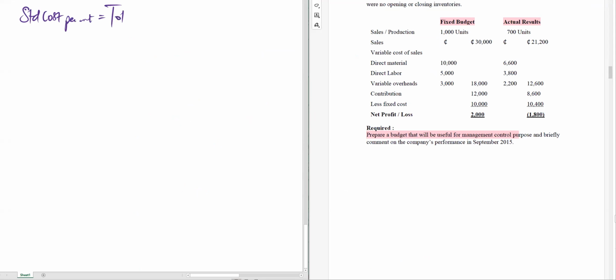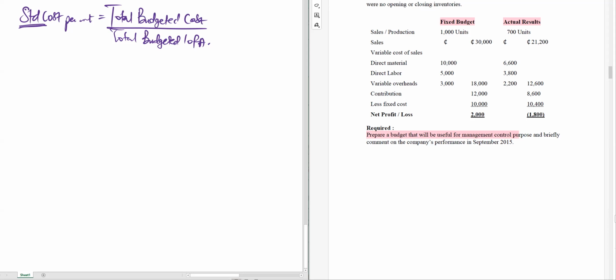We said standard cost per unit is giving us our total budgeted cost over our total budgeted level of activity. You've seen this before, right? Do you remember OAR? Yes, it's total budgeted overhead cost over total budgeted level of activity. Anytime you get a budget in per unit form, it's called a standard cost. So OAR is a standard fixed cost rate. That's why it's called overhead absorption rate. Our budgeted cost divided by our budgeted level of activity should give us a standard